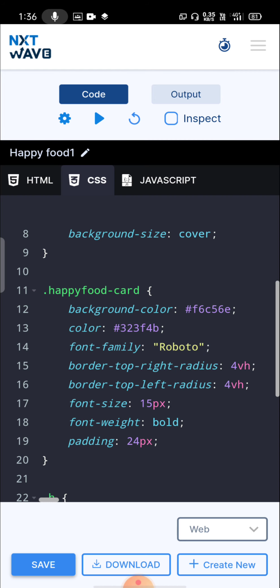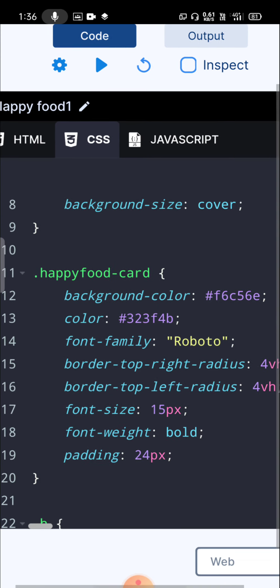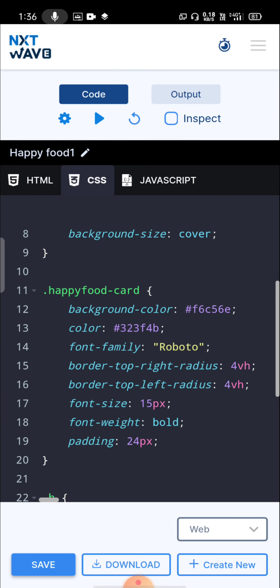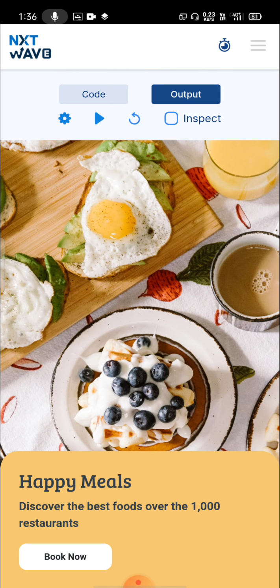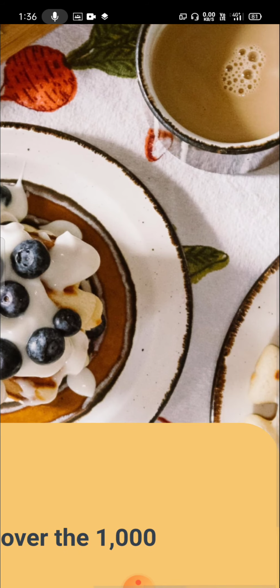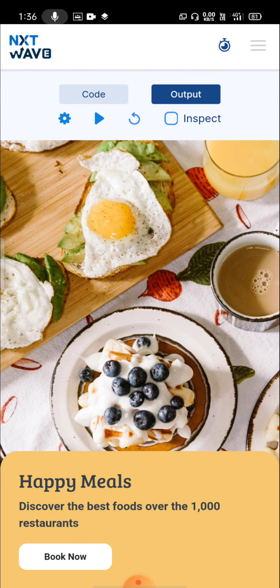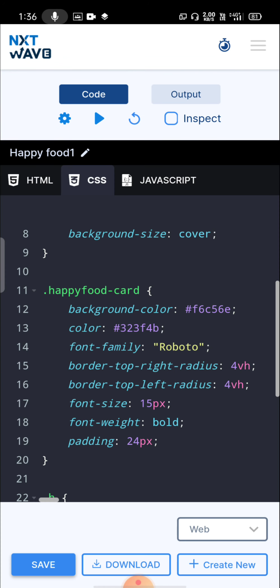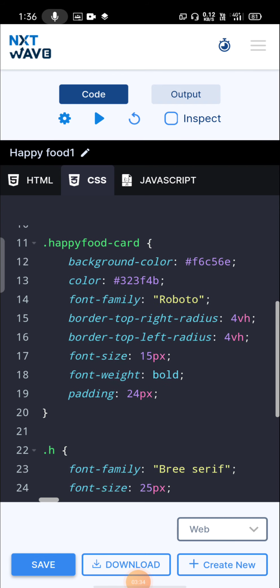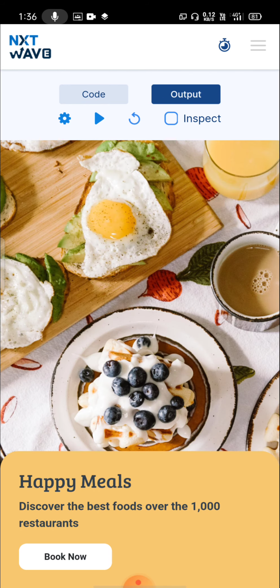I used the font-family Roboto, and I used border-top-right-radius. You can observe there is a curvature at the top right and top left. For those I used border properties, and I gave font-size as 15 pixels and 24 pixels as the padding for the text. That's why the text came in the middle of the card.